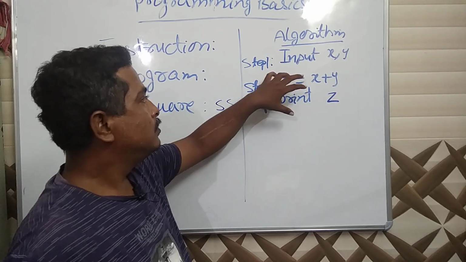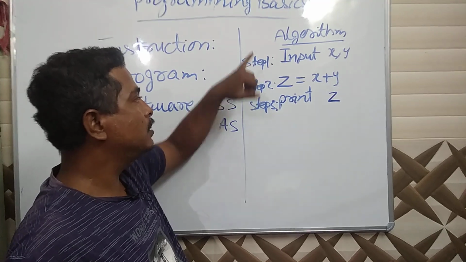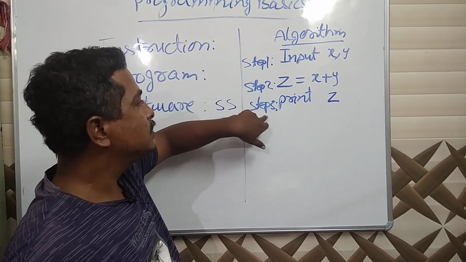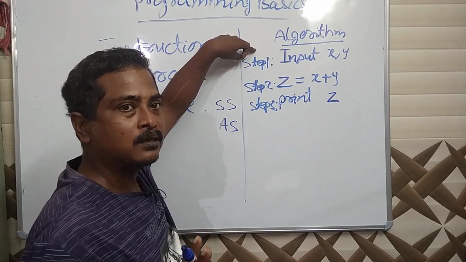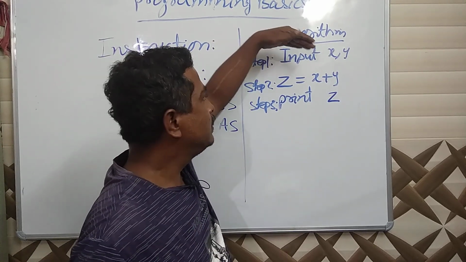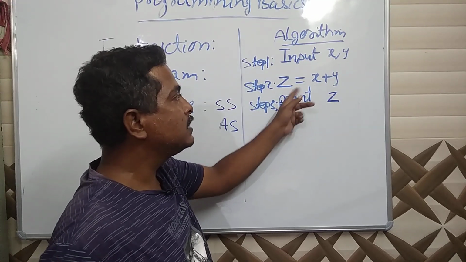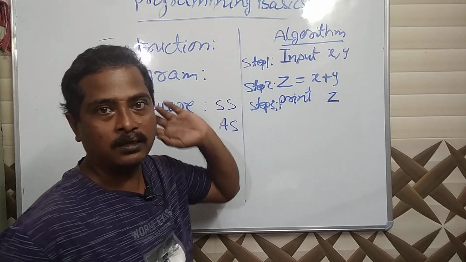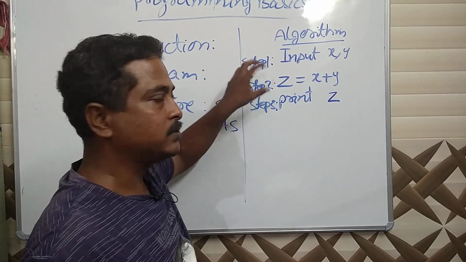Now here, why have I written steps? You have to write 2 after 1, you have to write 3 after 2. If you are mixing, if you are writing step 3 initially, then your result will not be displayed in the monitor. Why? First you have something written, what is there in Z, then you have given some input, then you have calculated. So the calculated result is not printed, something other is printed before calculating. So your output will be wrong. So we can't change the steps.